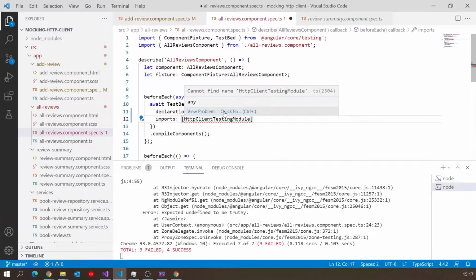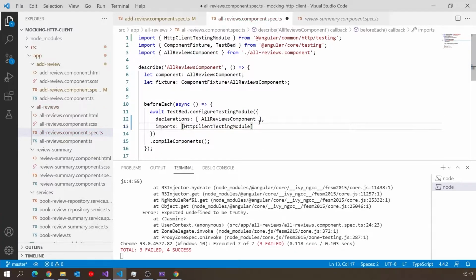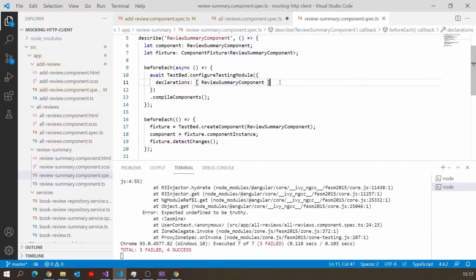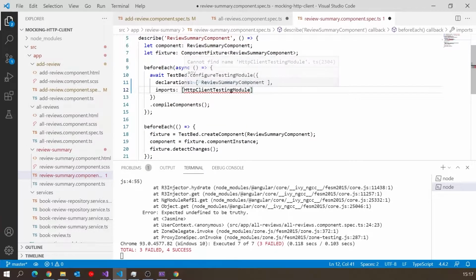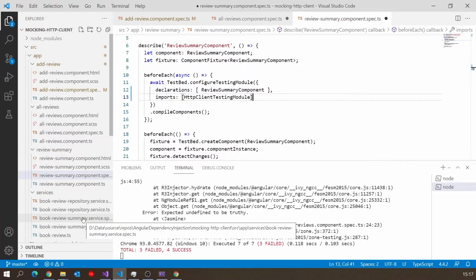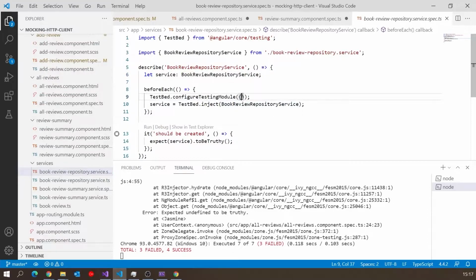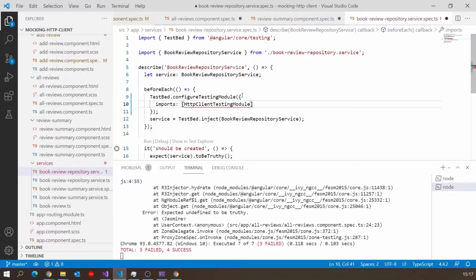And we should see, once you've managed to get Visual Studio to understand where it is once, then actually it starts doing things automatically. So that's the one we want to put into there. Then also we'll need this in the summary component. And again, get hold of the import. And then lastly, in the repository service tests themselves, that's where we've got to put that in. We haven't got anything at all in there, but in there's where it goes.